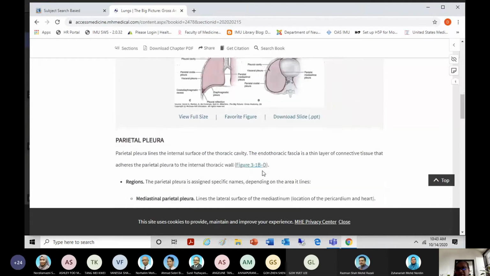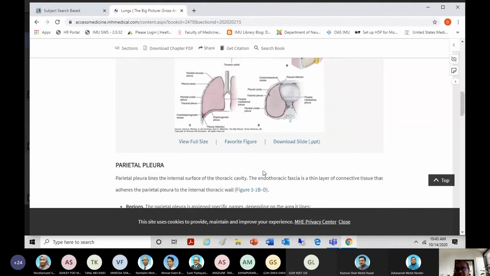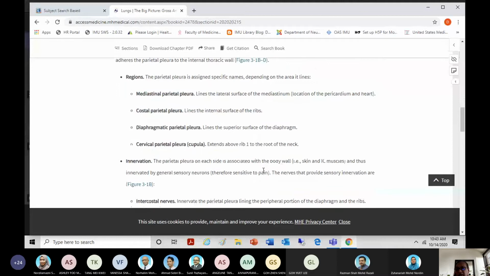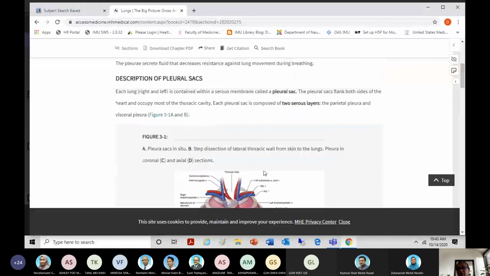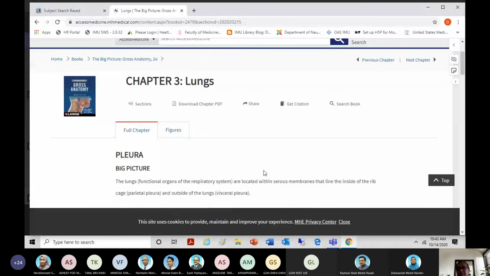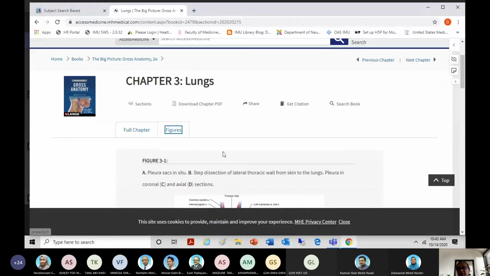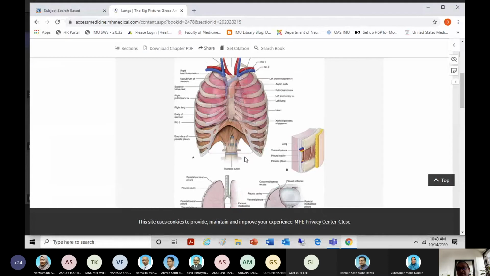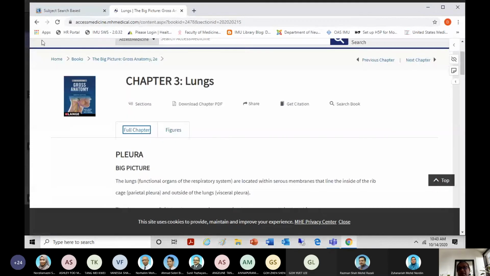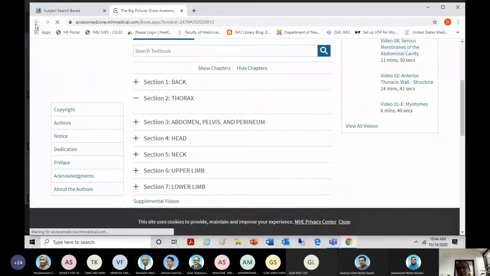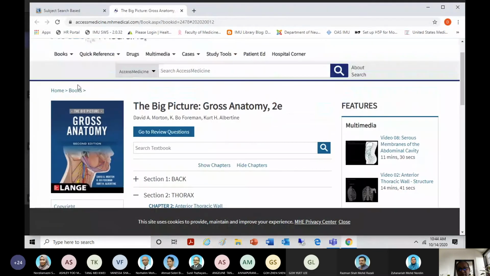All the different images which describe the subdivisions of the pleura are well described. So I find, even as a lecturer, this book very useful, particularly in earlier semesters. There are images, there are whole chapters. Even through your mobile phone, you can access this resource.